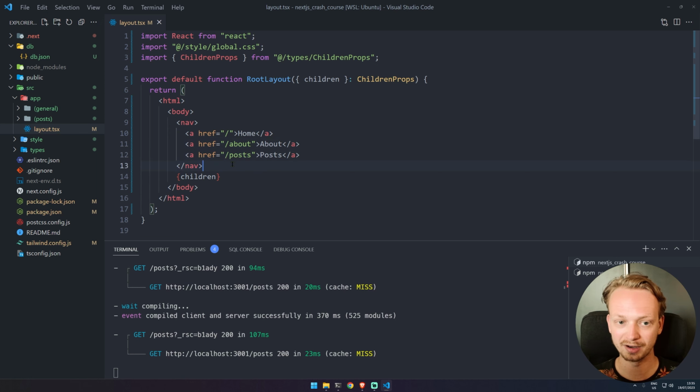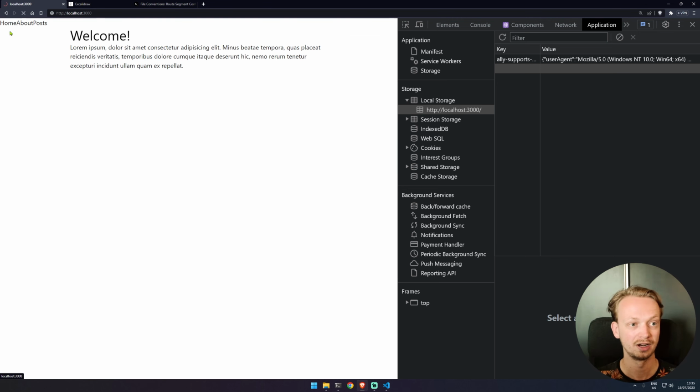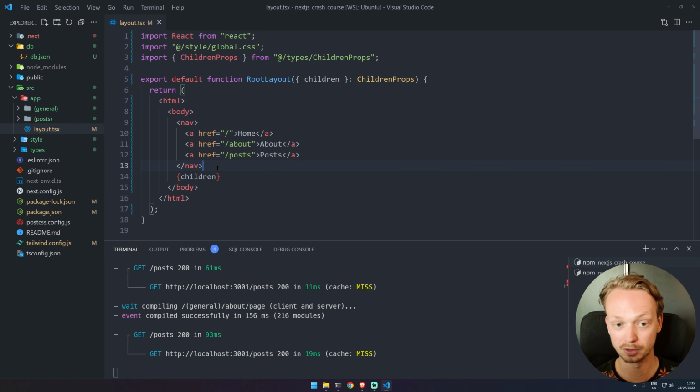So this navbar is now on top of all of the children. So it doesn't really work with our post layout, but you get the idea, right? It's in the root layout. Anything that's rendered will get this navbar. Now, something that you very often put in a navbar is